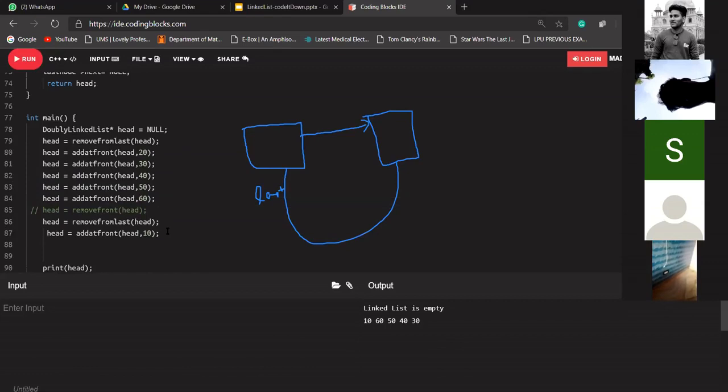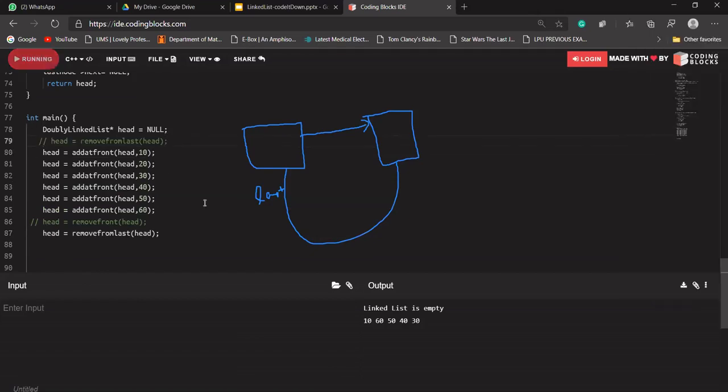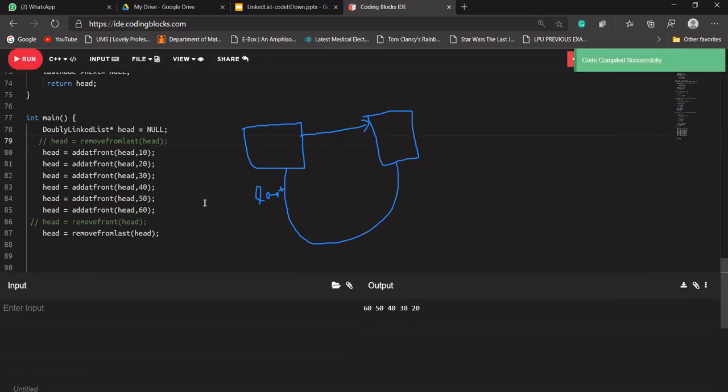Remove from last. Okay, I should be writing it here. So it should be deleting 10 from our linked list. Okay, 10 is being deleted. This means this function is running correctly, and we have avoided the use of temp also. Okay, Shay, that's very good.